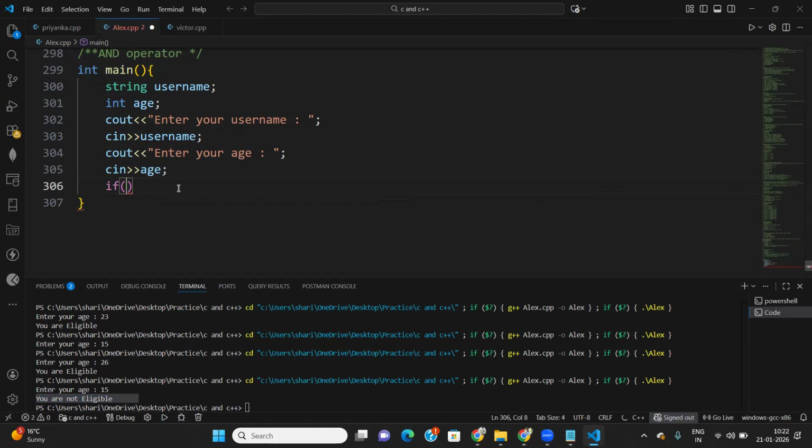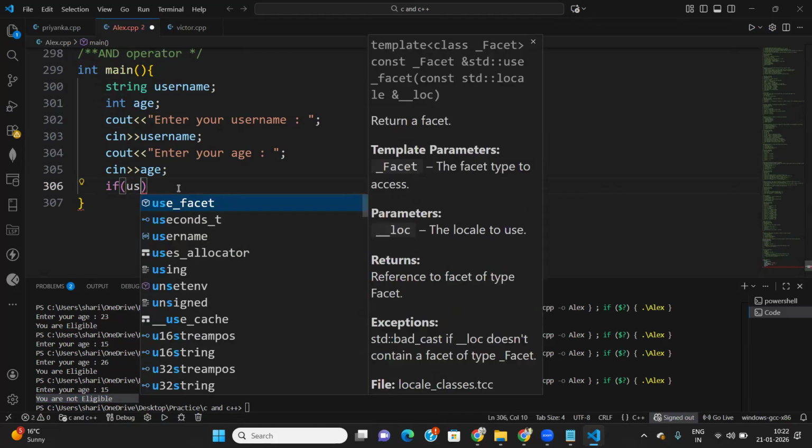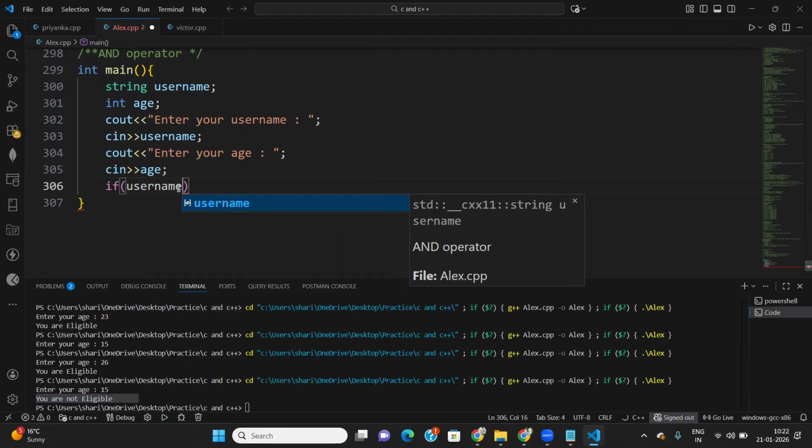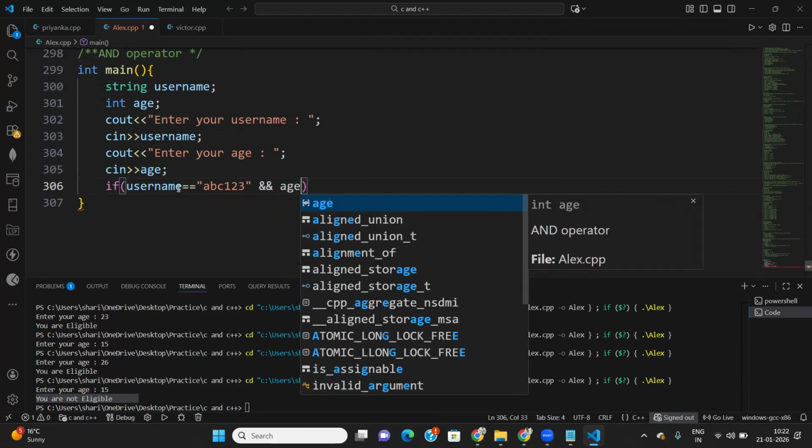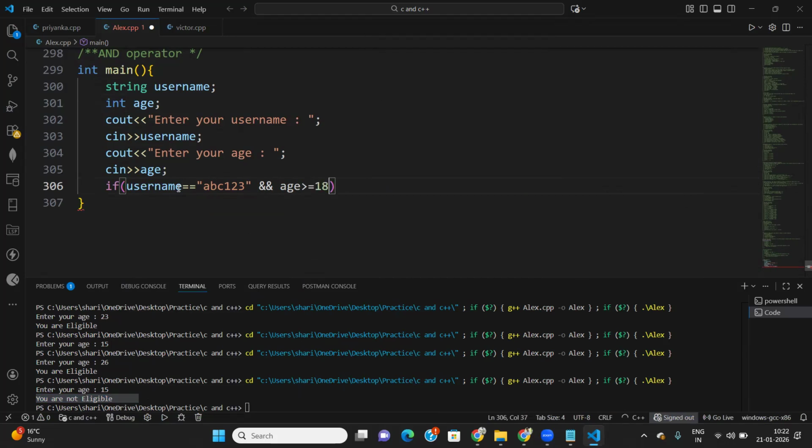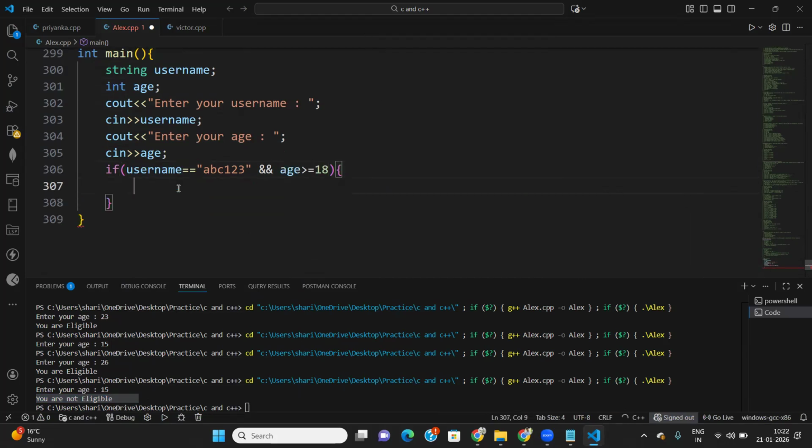First of all, I want to check the username. I just compare the username first, and in this case we use a double equal to, and then I compare ABC123, which is my username, right? And in this case we use an AND symbol, and then write the age is greater than or equal to 80, right? If we put the two conditions simultaneously here, then we can write here, okay, you are eligible,